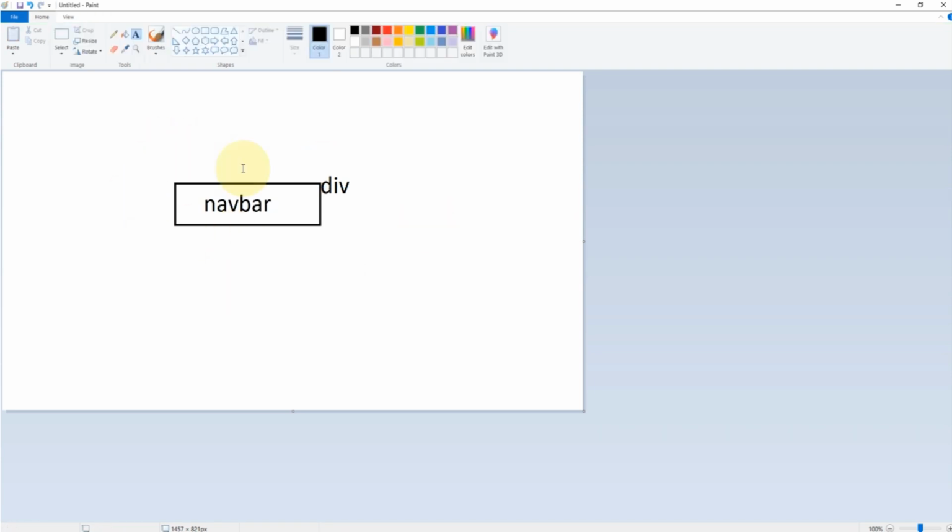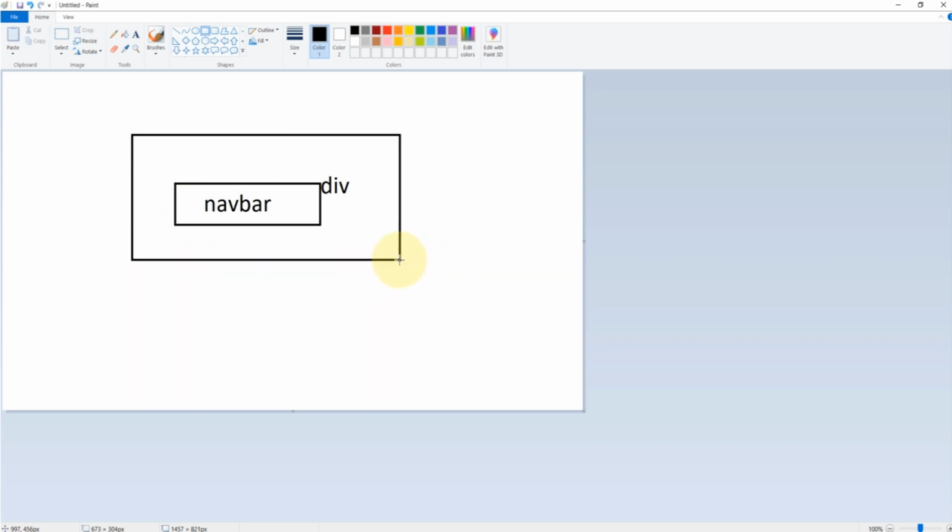Next I'm taking another outline for it. Observe carefully, guys. In the box model, two properties are there: margin and padding.